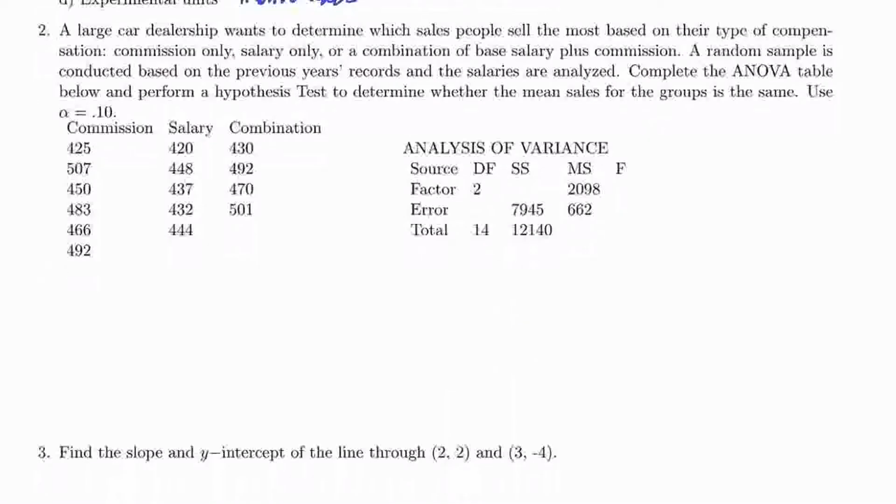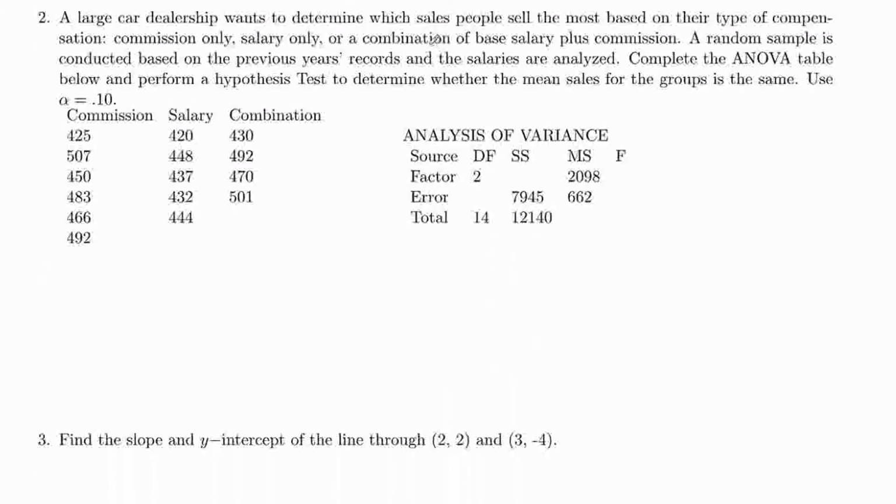Next up, we've got a car dealership here who wants to determine which sales people sell the most based on the type of compensation. So commission only, salary only, or a combination of base salary plus commission. So you want to see the sales person where they're most productive, which of these. So we took a random sample based on previous year's records, and then the salaries were analyzed, and then we're going to complete an ANOVA table